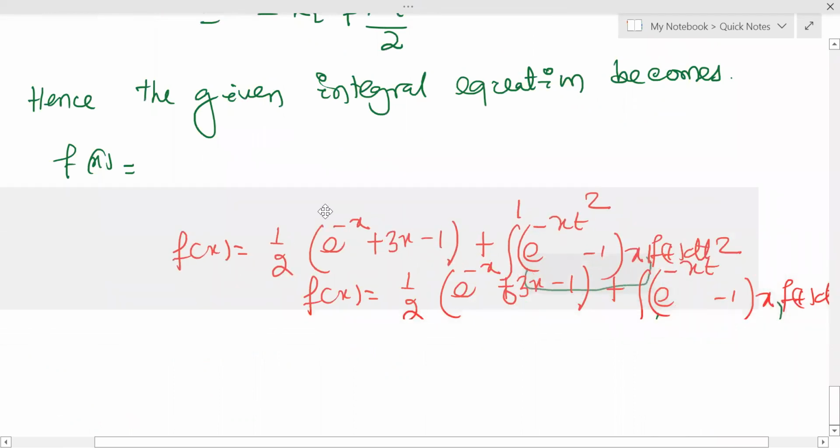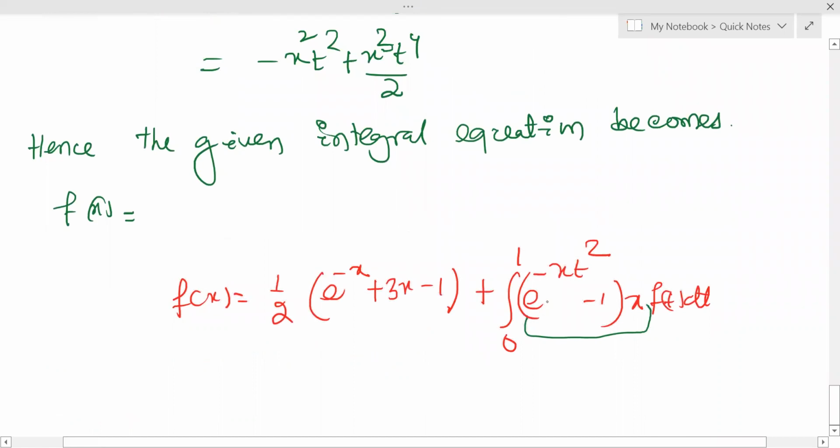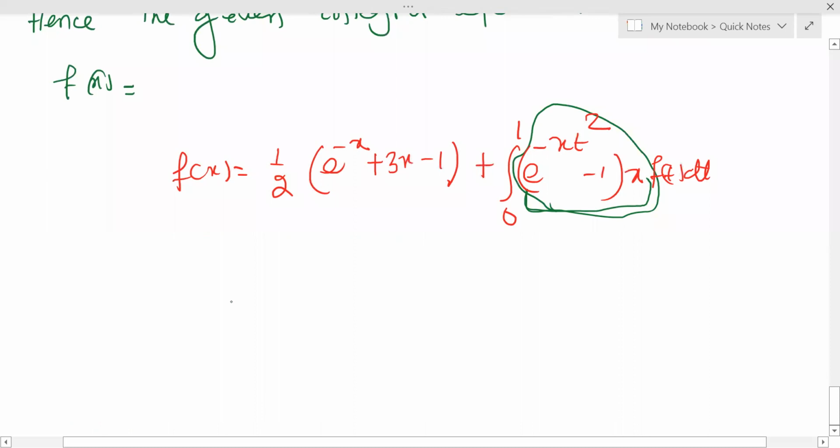This is your function. You have to simplify this value up to this term. You can just substitute in this place the value of this x square. This function you have to put here, so that this value becomes 1/2